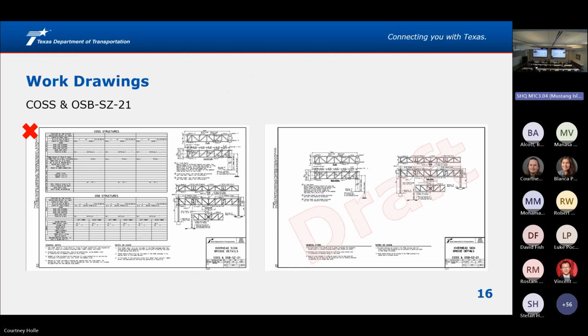And part of the reason we want to put the tables on the sheets is that the current process is you need to be filling out the cost and OSB special zone sheet. Problem is we don't get this filled out when we need it. So we have to go back and request it. This sheet should be provided when it's a special zone, tables completed, signed and sealed. Well, we don't get that. So we want this to move to the elevation drawings, so it's all signed and sealed in one location. So on the right, you can see the draft. We're getting rid of the tables. We're keeping the diagrams because those help you understand the data from the standardized tables.